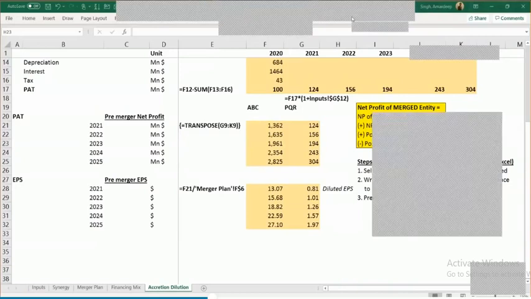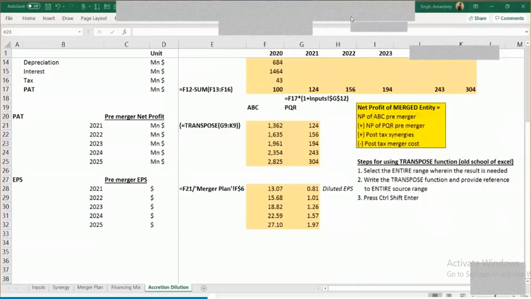So Dipankar, the pre-merger EPS signifies that when the merger had not happened, and if it does not happen, this is how your profit and EPS are going to look like, right? And if the merger happens, what will be the situation? You will add the net profit of both companies, you will add the synergy benefit, you will subtract the merger cost. Then you will be able to see the net profit of the merged entity in case the merger is effective. So this is the significance of pre-merger and post-merger. All right. Any further questions on this?